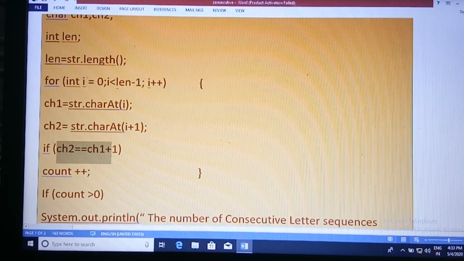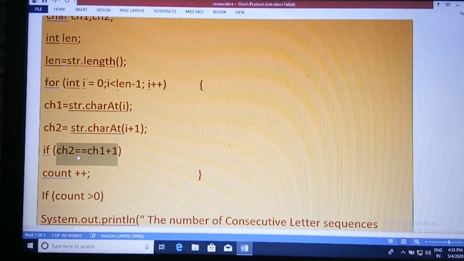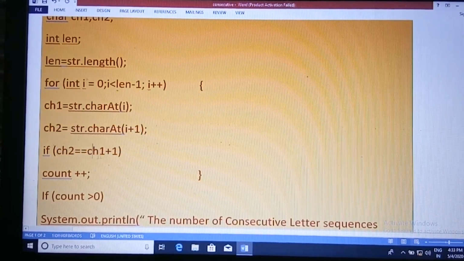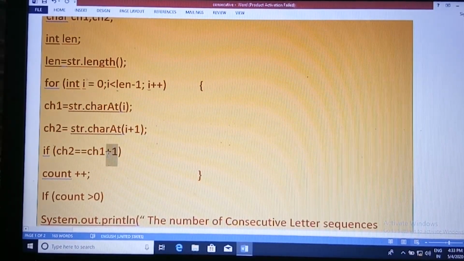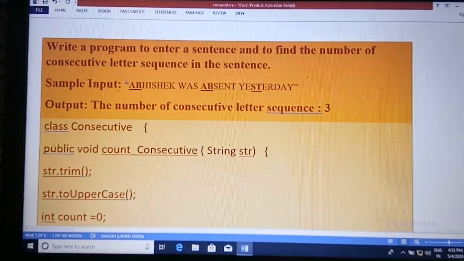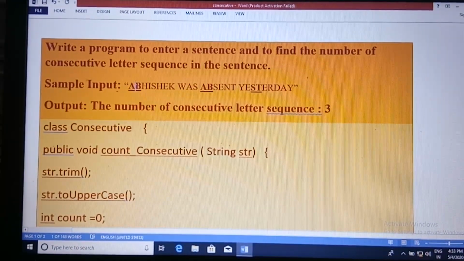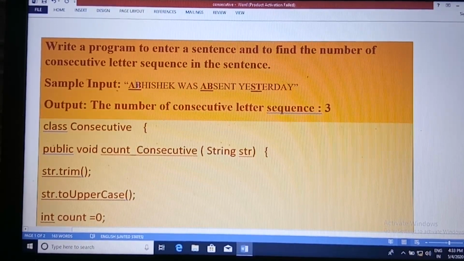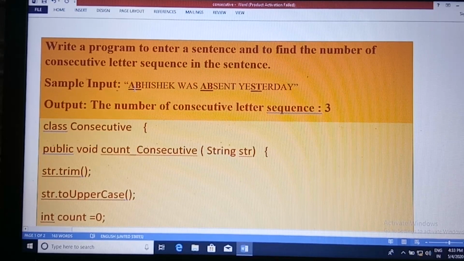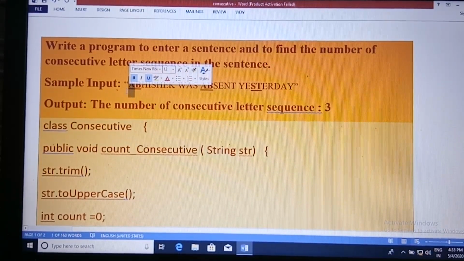For example, in this example, the ASCII code of the second alphabet, that is B, which is 66, is 1 more than the ASCII code of the first alphabet, that is A, which is 65.